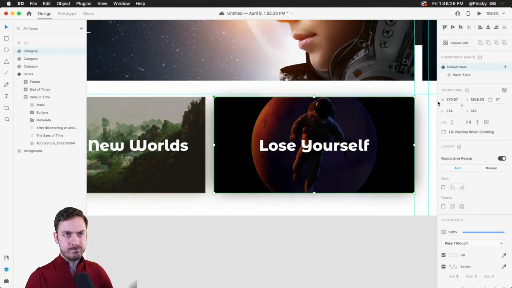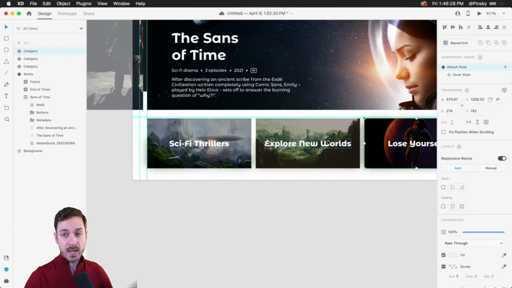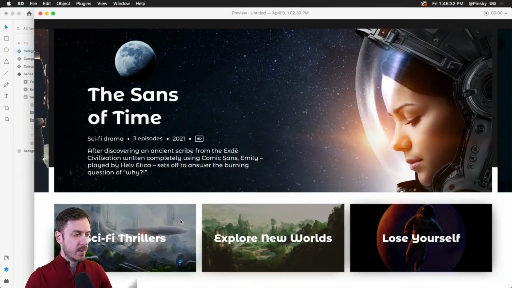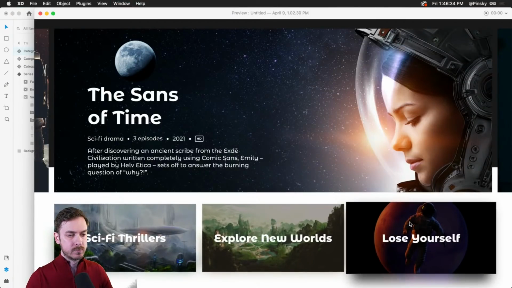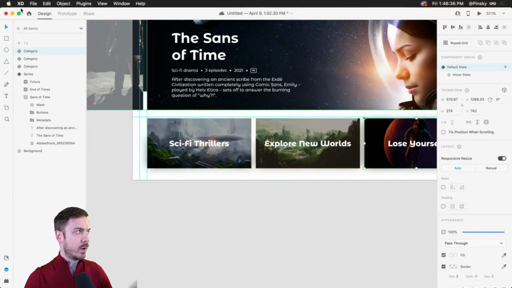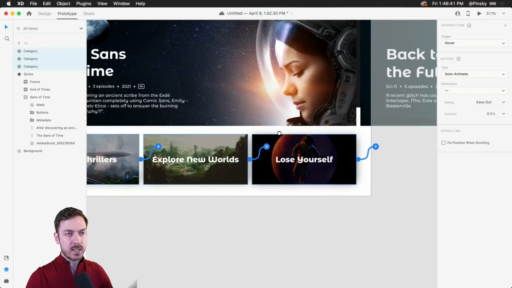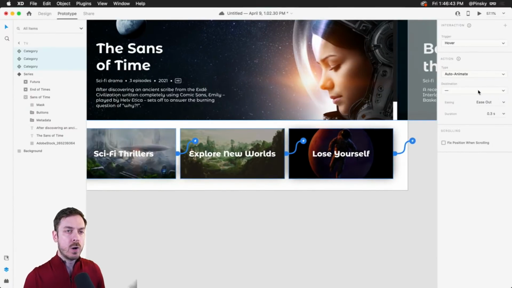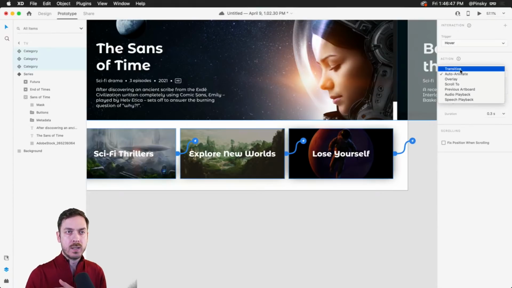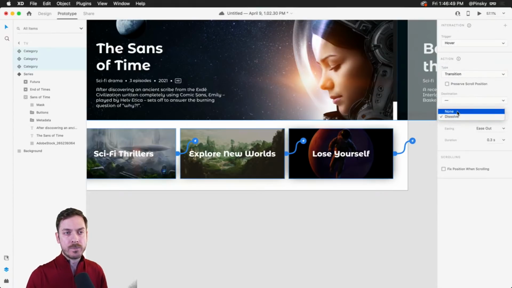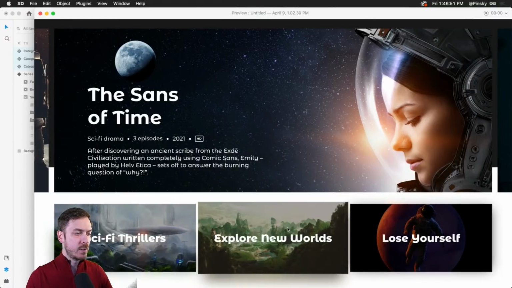There we go. All right, so again, we're going to get into prototyping more next week, but we now have hover effects. Now, even though they're wired up by default, you can still go into prototype mode and, let's say, select all these objects and just tweak this a little bit. So if you don't really care about the animation too much, you can actually switch this from auto animate to transition and then no animation, and then you can hover much quicker, right?